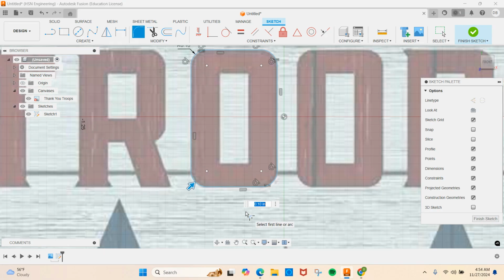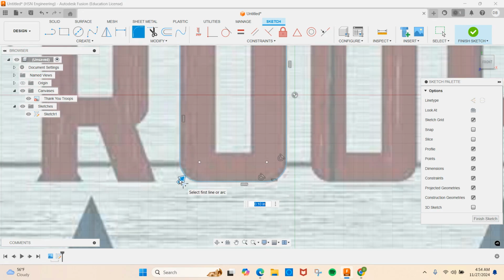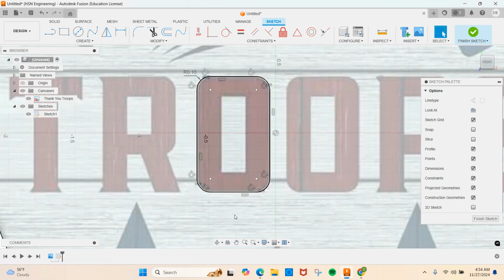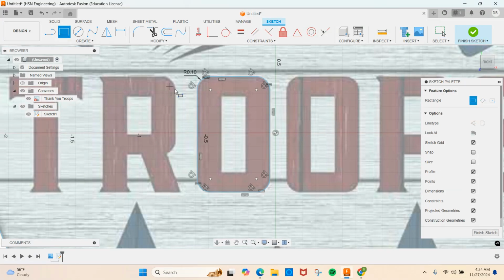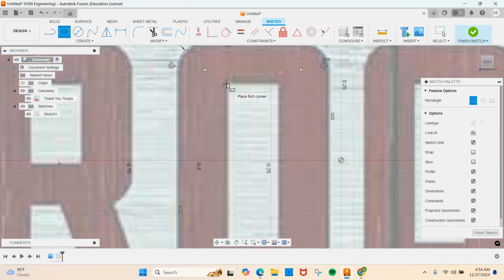It's just coincidence that the size of this is perfect. You can grab this blue arrow here and pull and push that. I'm not going to move it because it's just right. You can also type in the measurement, but I'm going to hit enter. All right. And then I'm going to do another just rectangle in here